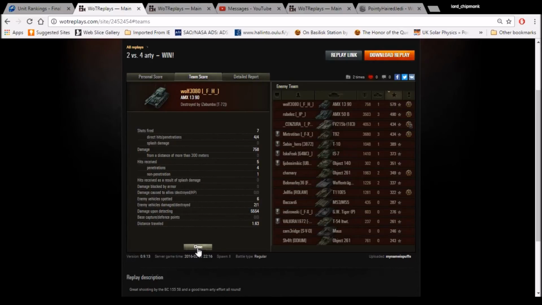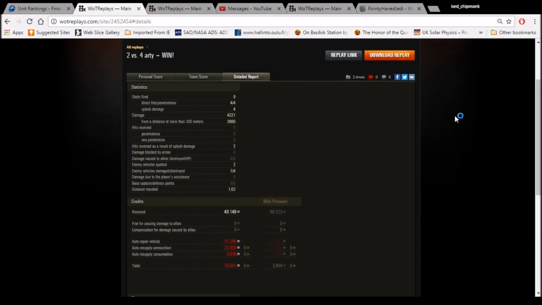5,500 assistance damage is a nice result to have in a light tank. 9 shots fired, 4 hits, 4 penetrations, 4 splash damage, 4,221 damage, it's all the 4s. And unusually, a respectable amount of that damage was from relatively close range, as Puffs was forced to shotgun people in the face. 2 splashes received, 2 enemy vehicles spotted, again unusual in an artillery piece, 7 damaged, 4 destroyed,